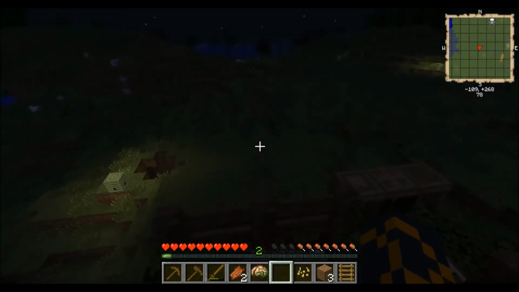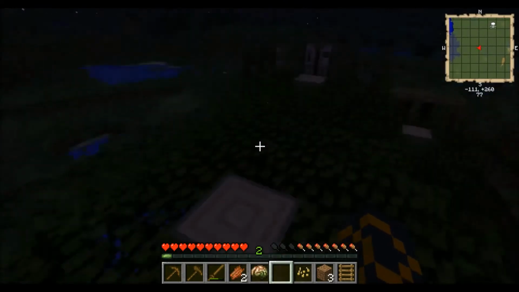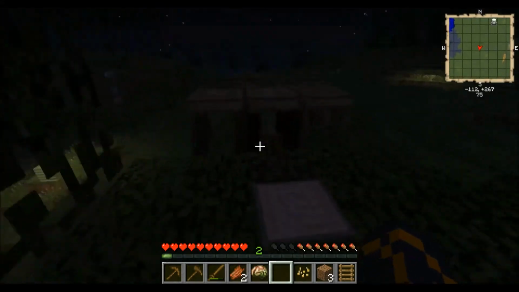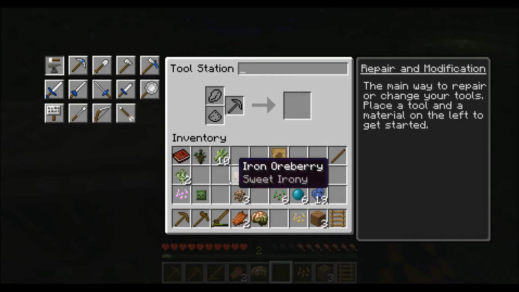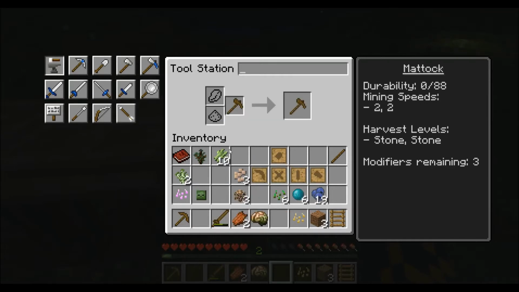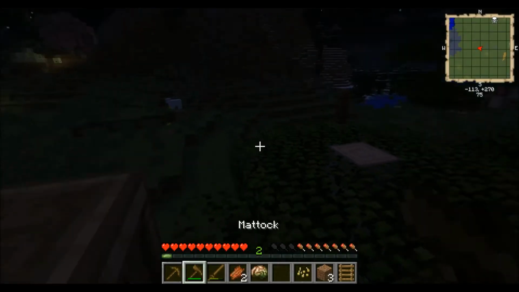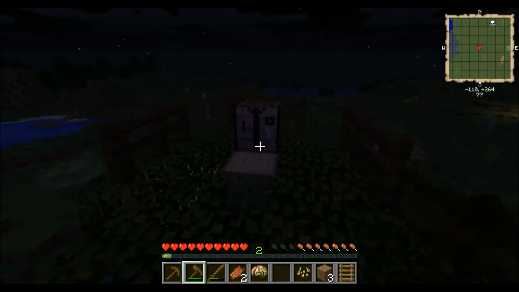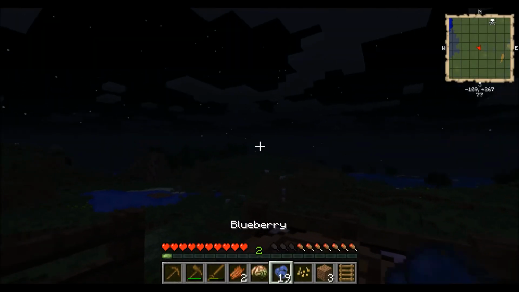So, what we're going to do next episode, I think, is probably get some more wood, build up the house a bit more, and then till that farm all the way and talk about what we're going to do with it. Let's see if I can repair this mattock. Yes. Alright, so I have a fully operational mattock ready for the next episode. And I think I'll just eat some blueberries and